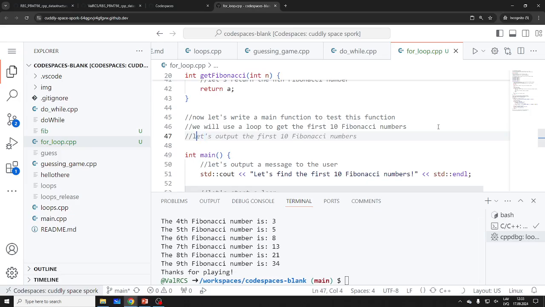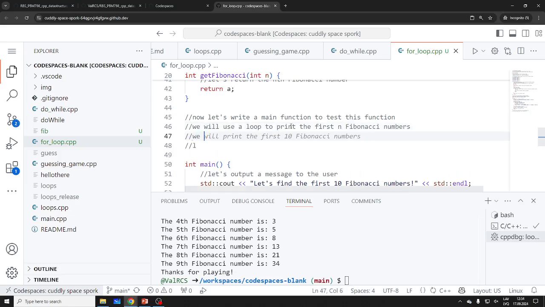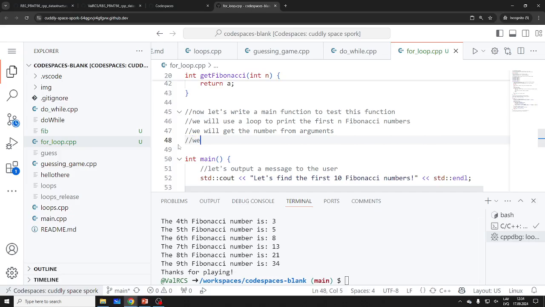Let's not do 10 Fibonacci numbers, but let's print the first n, and we'll get the number from arguments. Okay, right? Also, we will use default 10.